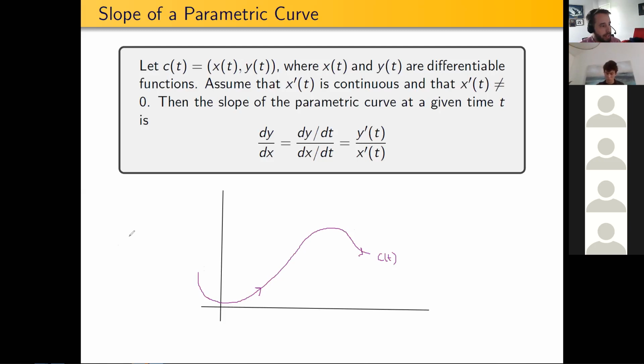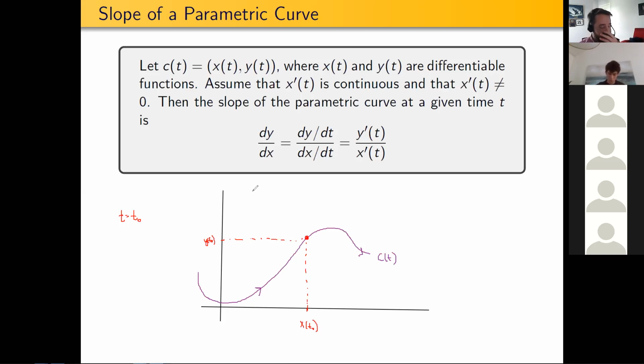So let's choose t equals t sub 0. And at time t equals t sub 0, let's pretend I'm right here, which means that this is my x coordinate at time 0. So that's x of t sub 0. And this is my y coordinate. That's y of t sub 0. So we've got our x coordinate, we've got our y coordinate,